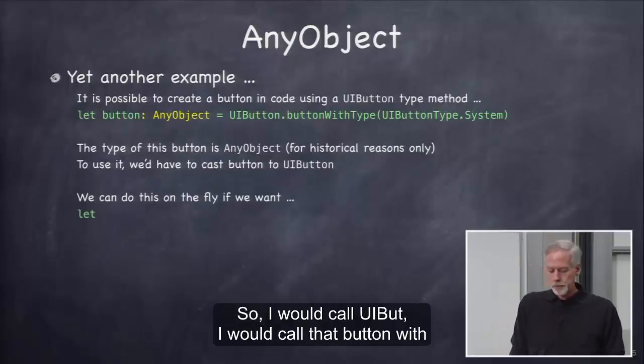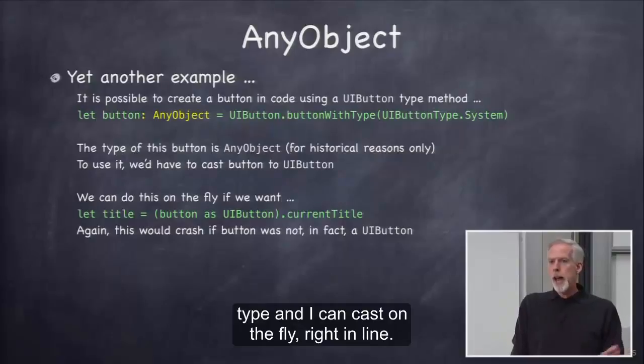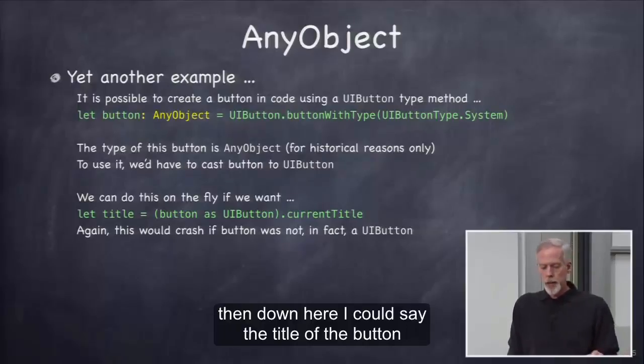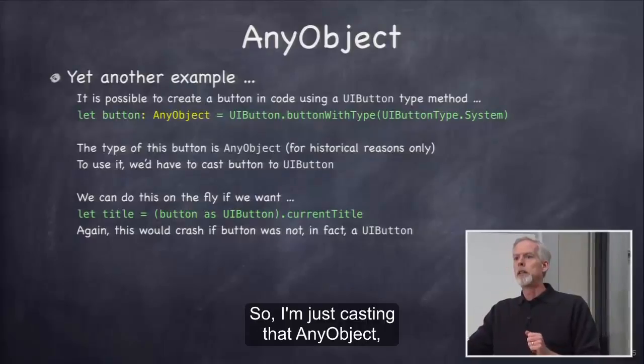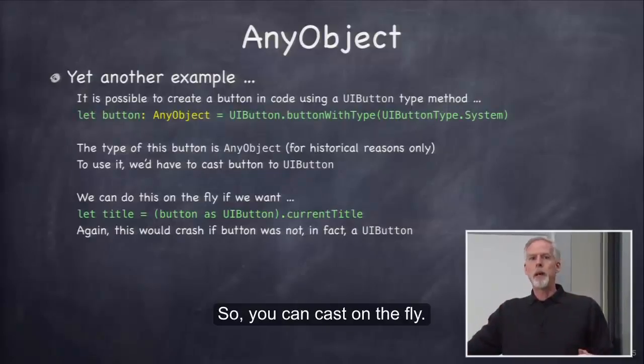So I would call that buttonWithType, and I can cast on the fly, right inline. So if I called that line on green at the top, then down here I could say the title of the button equals button as UIButton.currentTitle. So I'm just casting that AnyObject, that button AnyObject up there, to be a UIButton, and then sending it a message. So you can cast